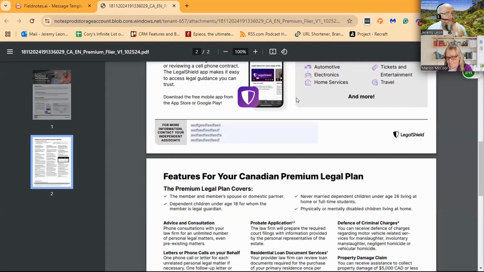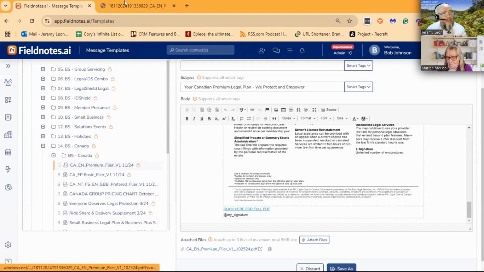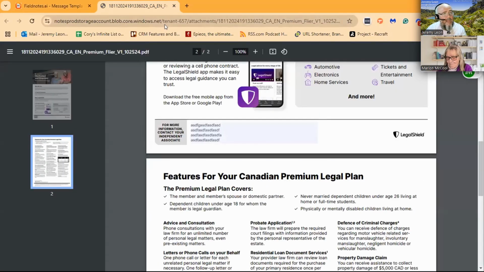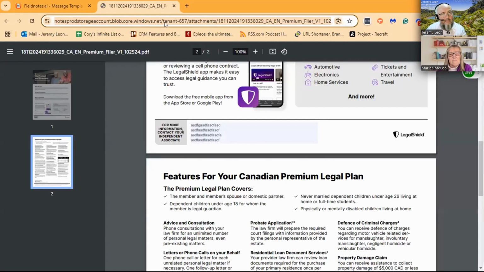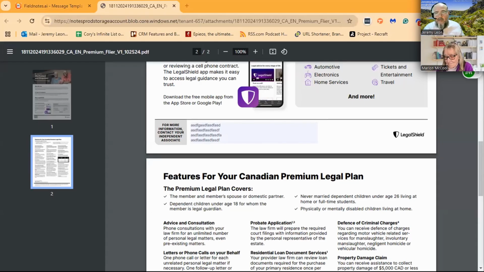So what you would have to do is possibly take the original, put it into some PDF. There's a lot of free PDF editors that you can get online, and then add your information, and then just reattach it, and then click the little button so that it opens it up here. And this link right here, you have a choice of shortening it, or just using this link as is. So if you use this link, right? So if you guys take this link, I'll put it in the chat so we can all see this.